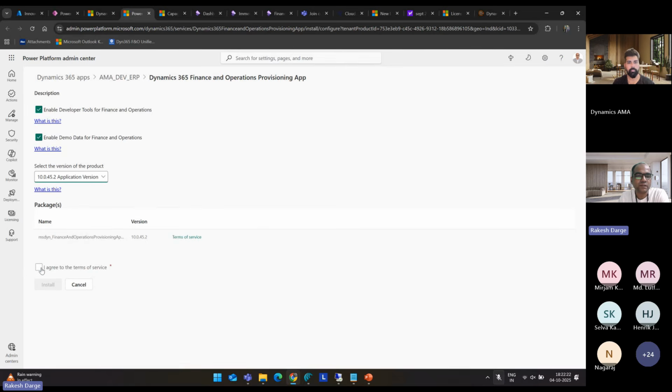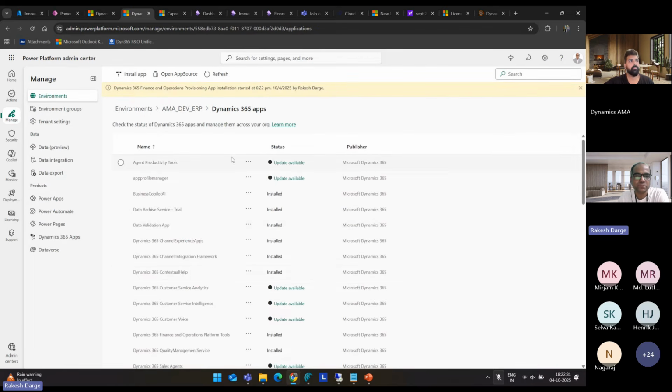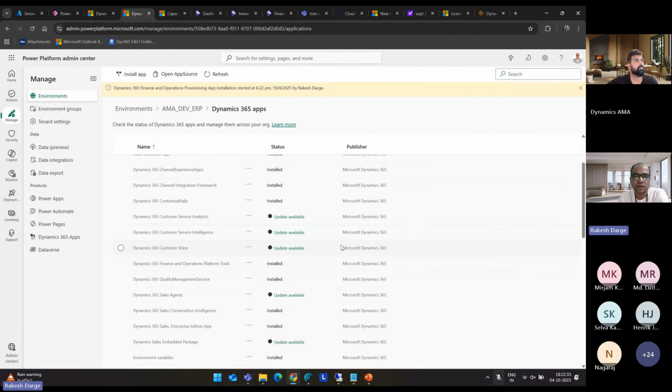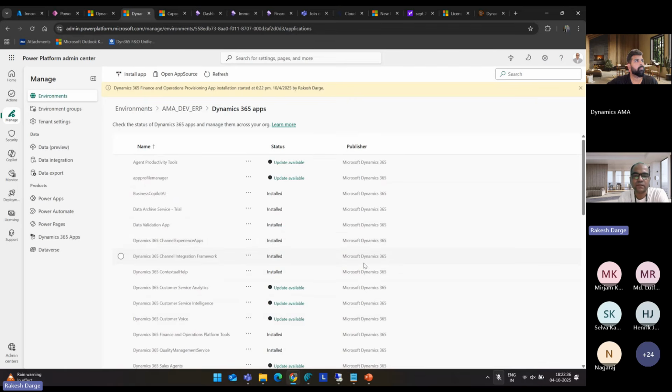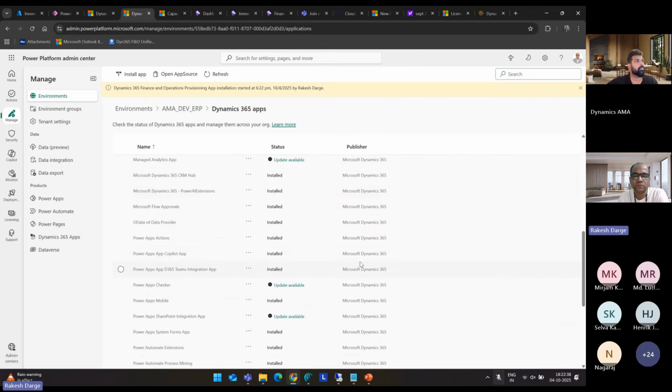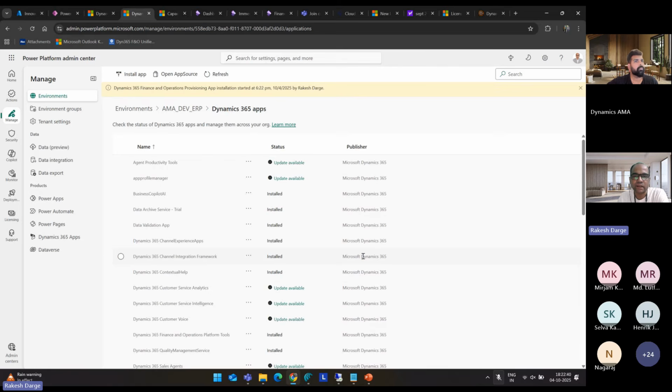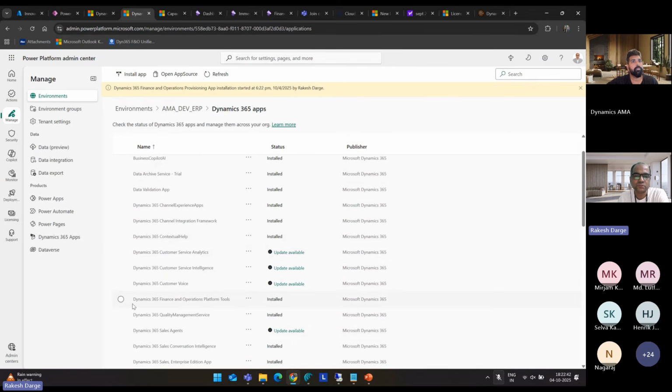I'm also going to select the agree terms. The moment I select install, automatically this provision tool is going to help me and install the app here. And it is going to take more than an hour or so. Okay, and it will also run through many validations in the background. But the prerequisite for this tool is to install the Power Platform tool first.